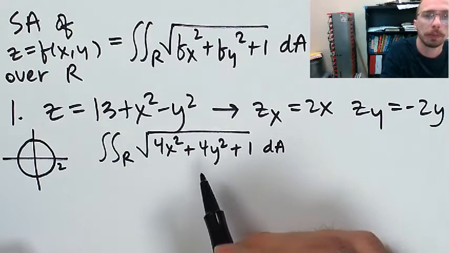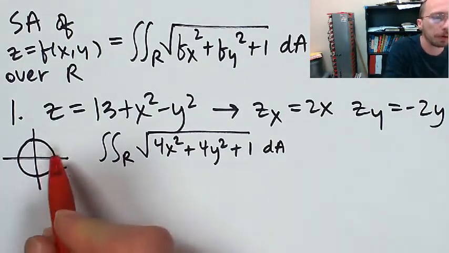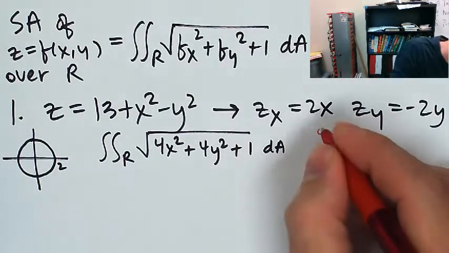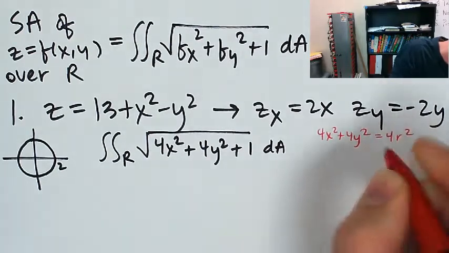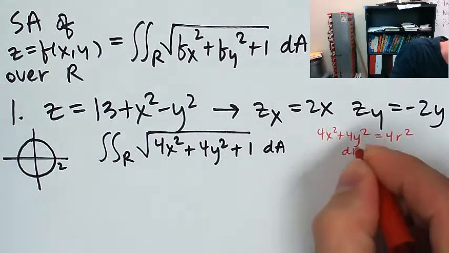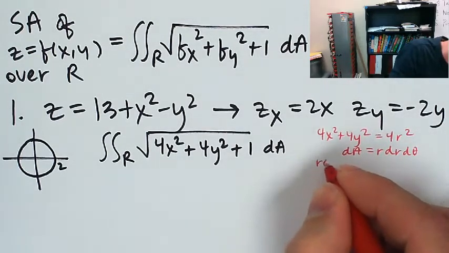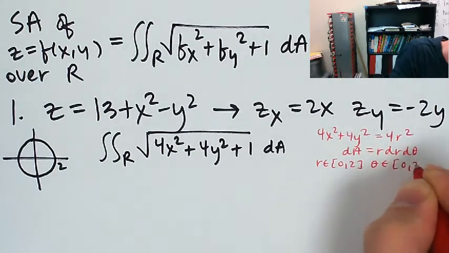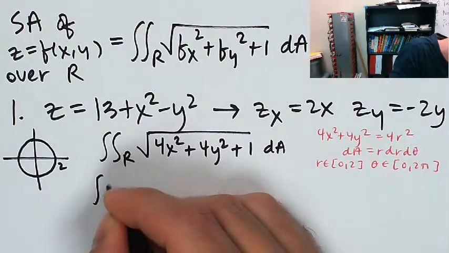Okay. Now I need to convert to polar. Okay, so I know that my bounds of integration, theta is going to go from 0 to 2 pi because it's the whole circle. r is going to go from 0 out to 2. And 4x squared plus 4y squared, that's going to equal 4r squared. Okay, dA is r dr d theta. And all right, r is in the interval 0 to 2, and theta is in the interval 0 to 2 pi. Okay, so I'm going to be double integrating